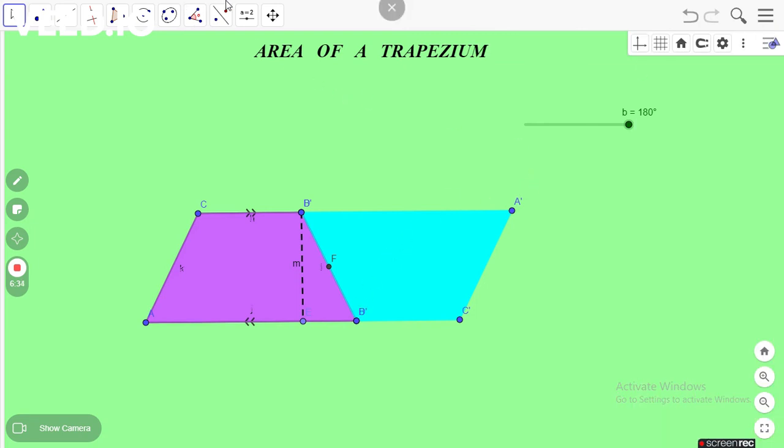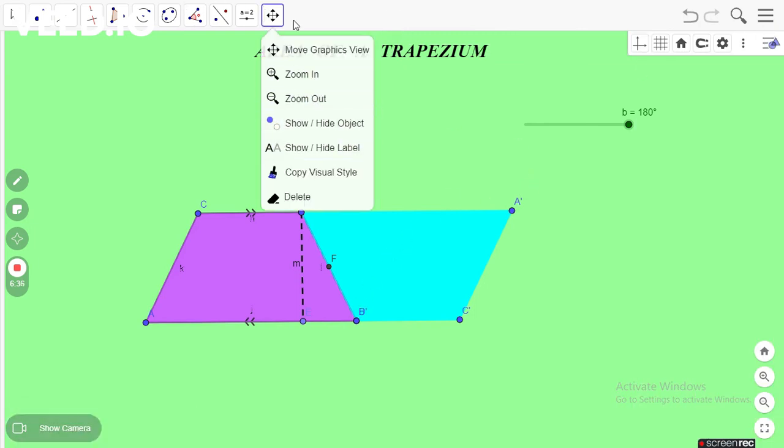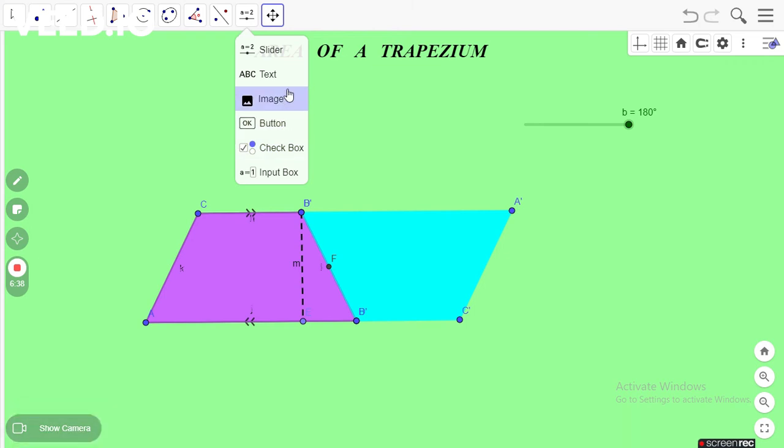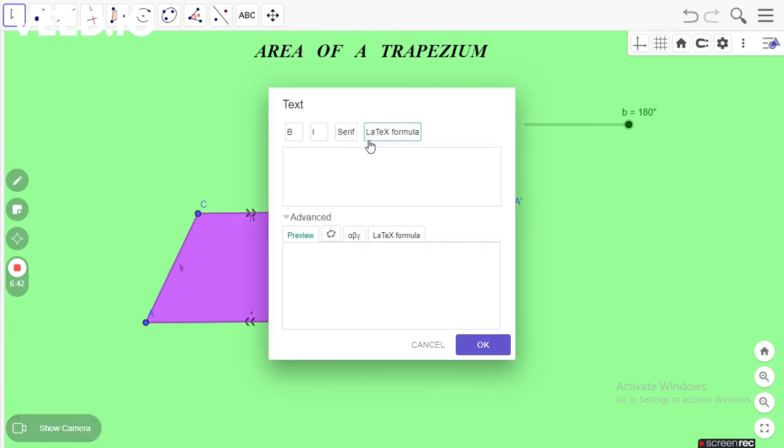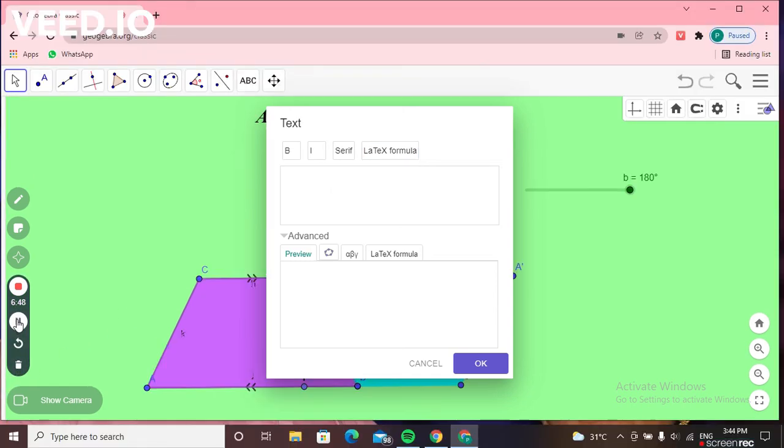After that, we will write the text. Let's write the formula.